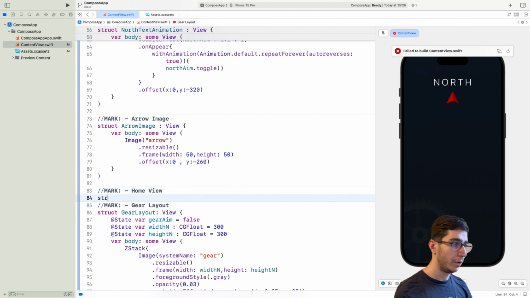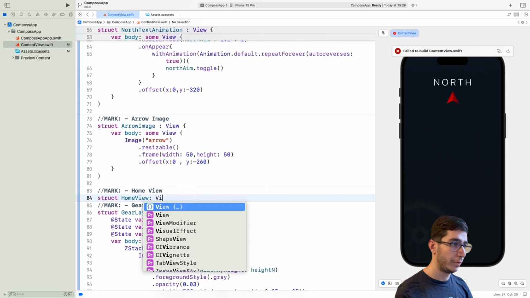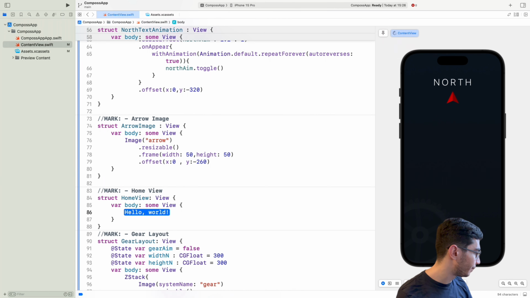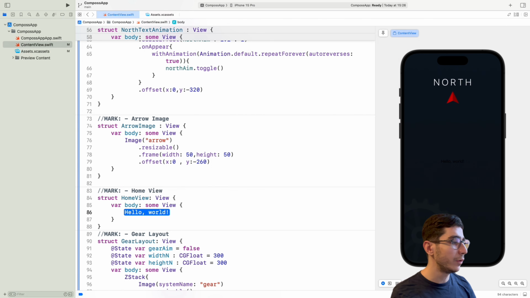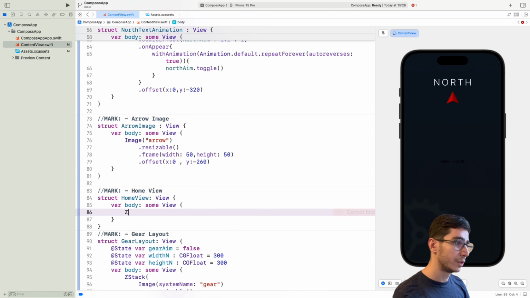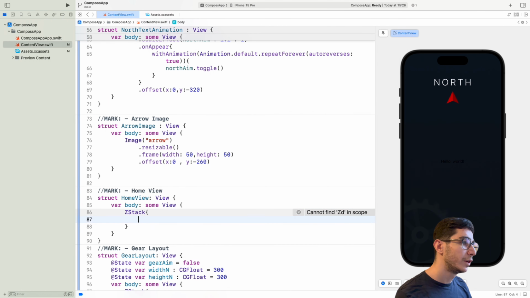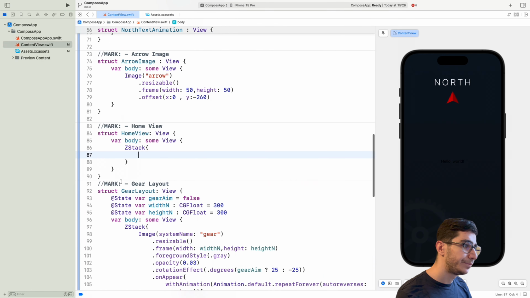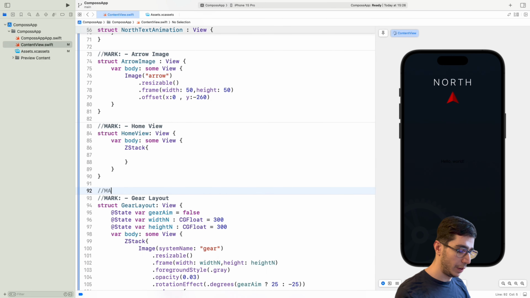Let's see, yep. Home view again, struct home view here, and in our home view, we have 4 components, so let me just make the Z stack here, and for the first one, we have mark here